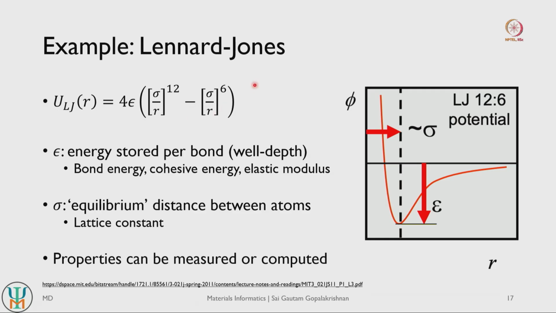So this indicates that if atoms are very far apart, they tend to attract one another, they try to form bonds. If atoms are too close to one another, then they try to repel and push each other away, and at the equilibrium distance there will not be any forces acting on the atoms, and the energy will be the minimum quantity. So there is a perfect balance between your attraction and repulsion.